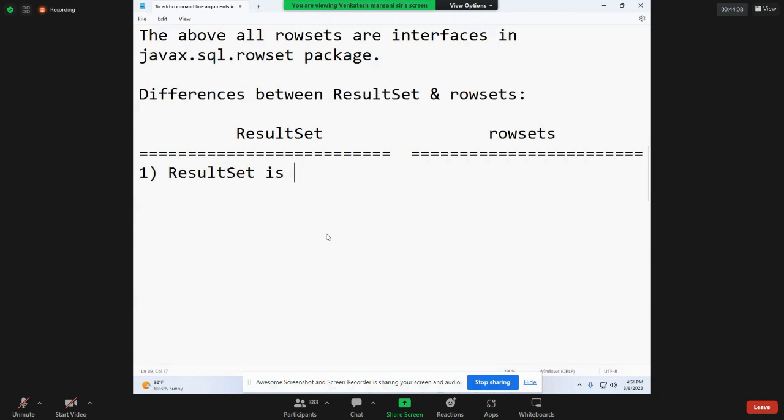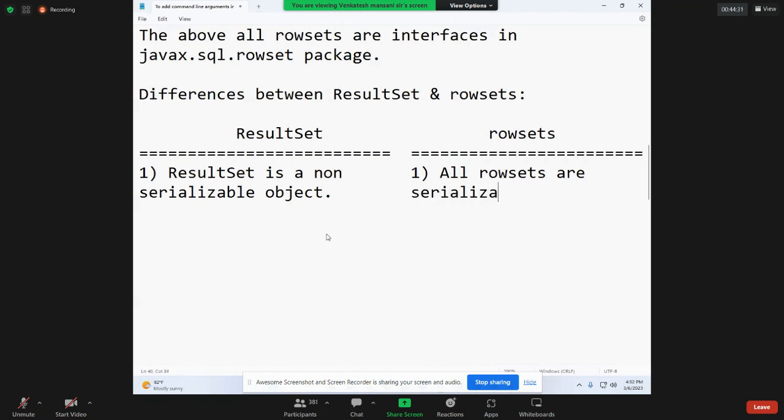Result set is a non-serializable object. All row sets are serializable objects. Note down. First difference, result set is a non-serializable object. All row sets are serializable objects. Second one,